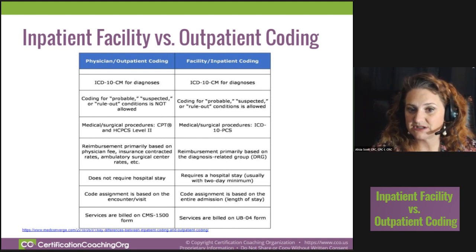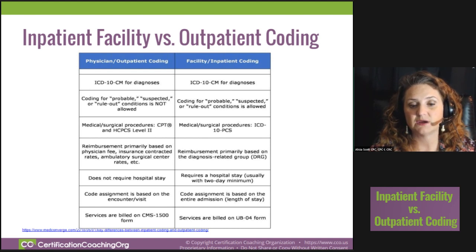Unlike inpatient, we use ICD-10 PCS, and that is also for procedures. It's a completely different code set, but it's multi-axial. It's an amazing code set. And we're going to list everything that's done to the patient because of the diagnosis,